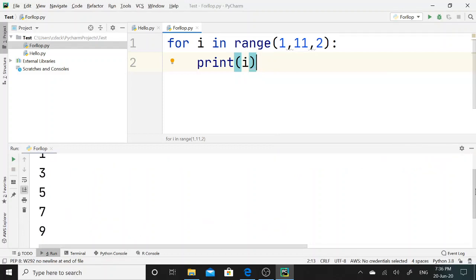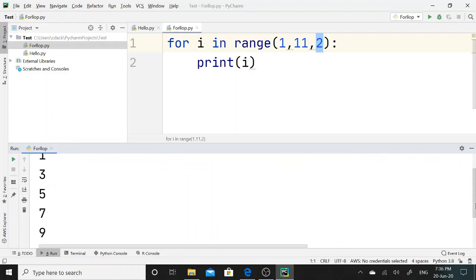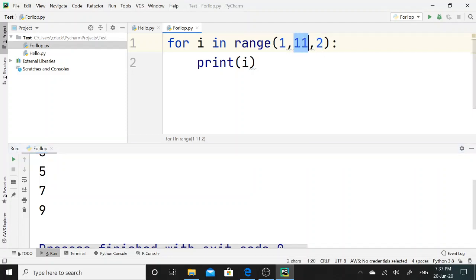See here, initially the number 1 is printed, then later on the number has incremented by 2. So initially the value is 1, then 1 plus 2 is 3, 3 plus 2 is 5, 5 plus 2 is 7, 7 plus 2 is 9. Then the last number is not included in the for loop.